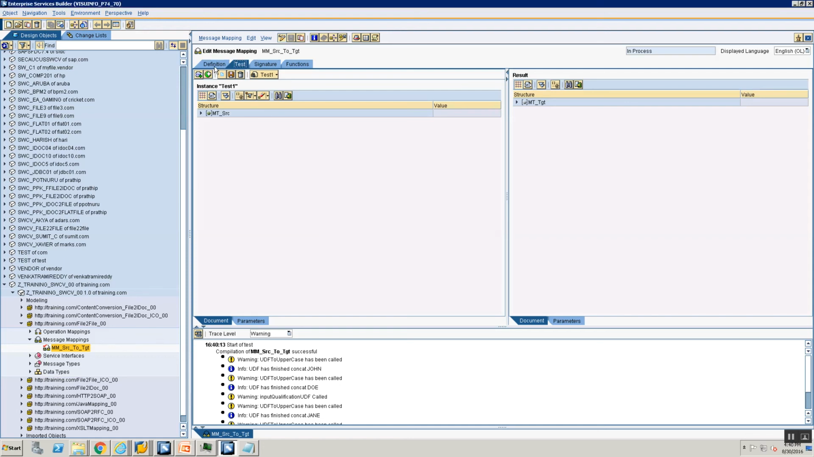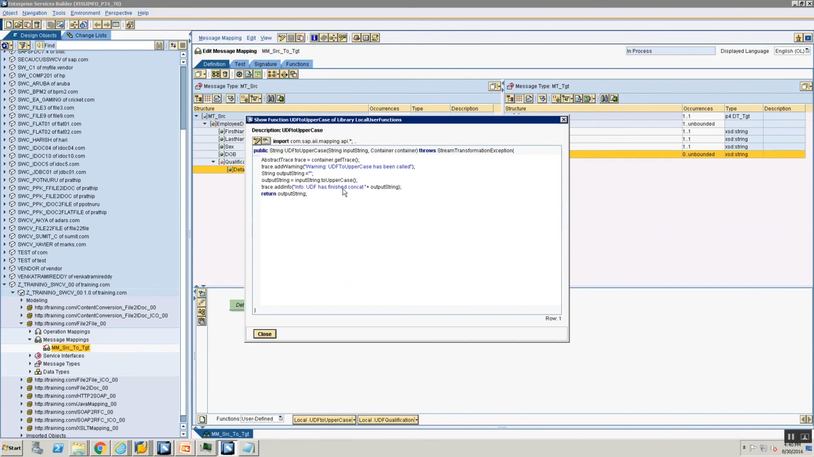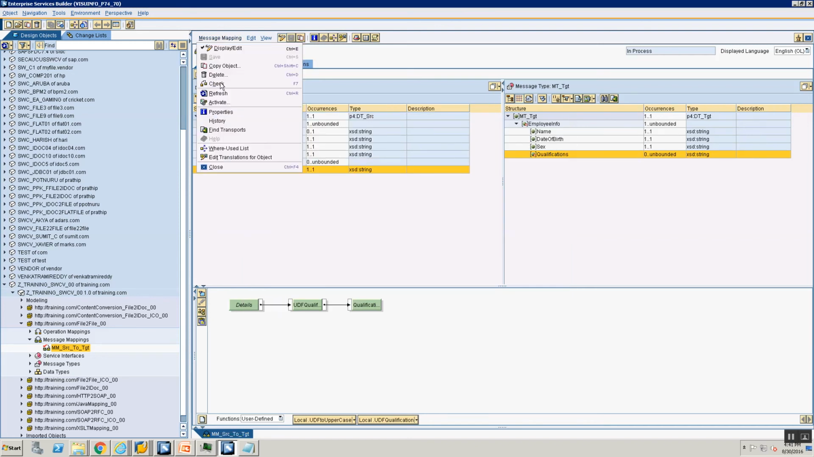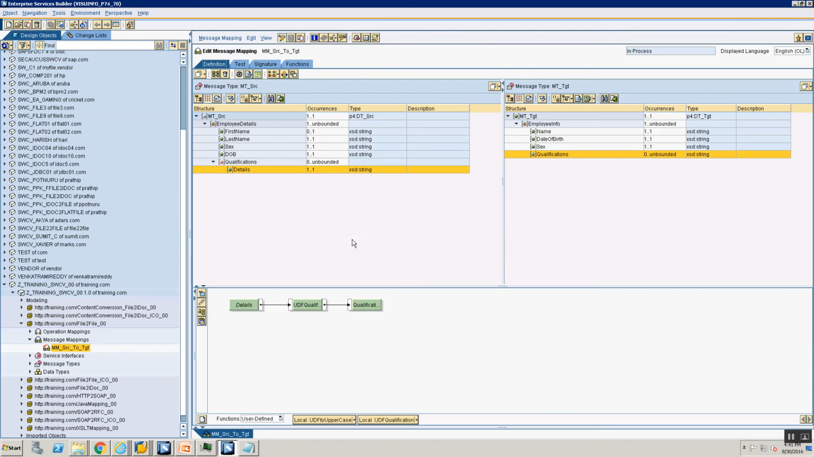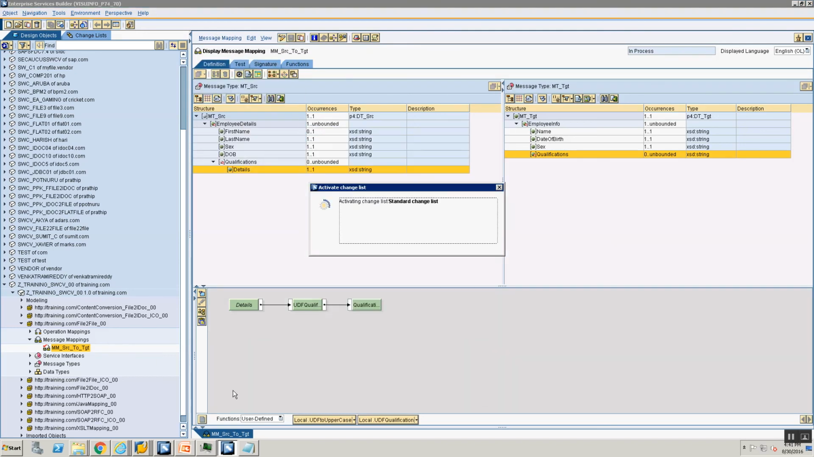All right, let's just quickly change the text. I want to fix the text, edit function, and let's change the text that says has finished to uppercase conversion. All right, now I'm going to save my mapping and execute it. Oh sorry, I did a refresh, which is wrong. I'm going to go into mapping and activate my mapping, and now that my mapping is activated, let's take the input message, input payload,